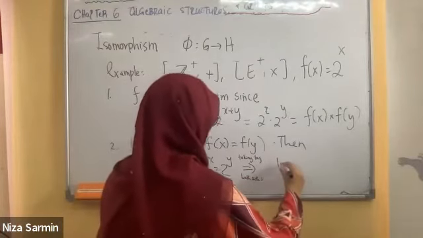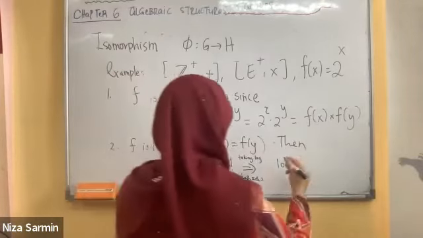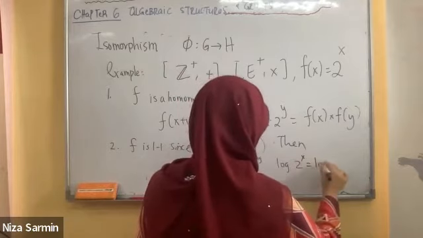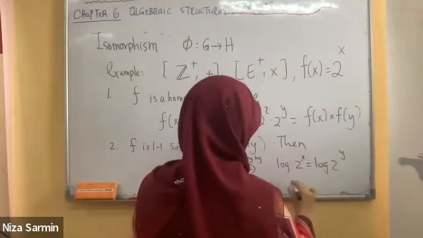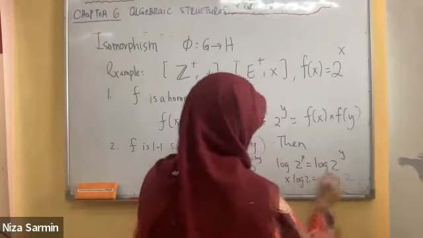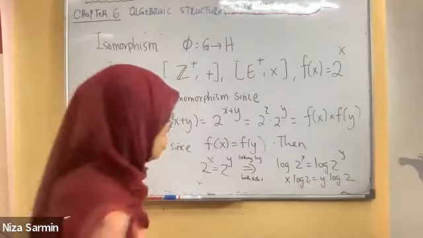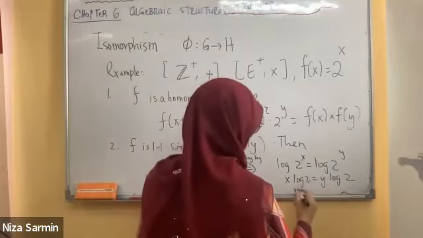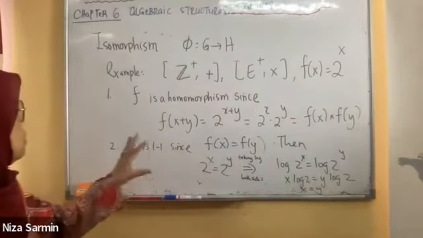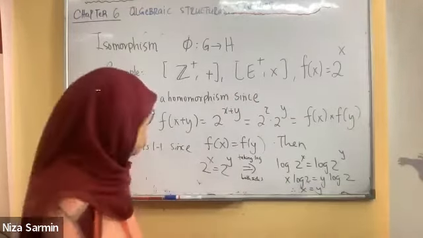We have log, it can be natural log, it can be log base anything, any log. Then this will give us, right? X log 2 is Y log 2. Log 2 is a number. You can divide both by log 2 because it won't be 0. So divide by log 2 both sides. So X is Y, which is what we want to show, 1-to-1. And then for onto,